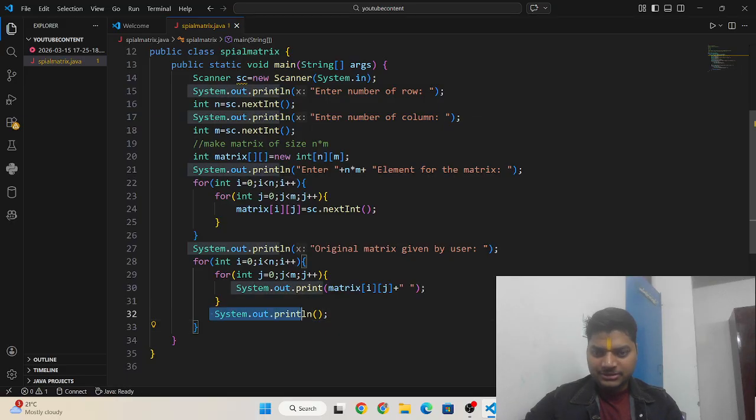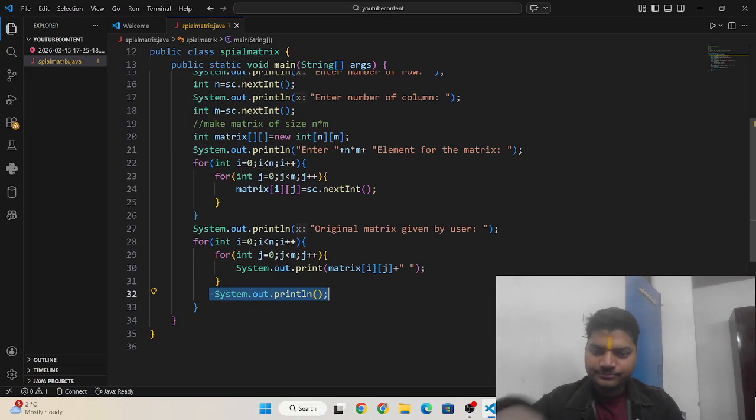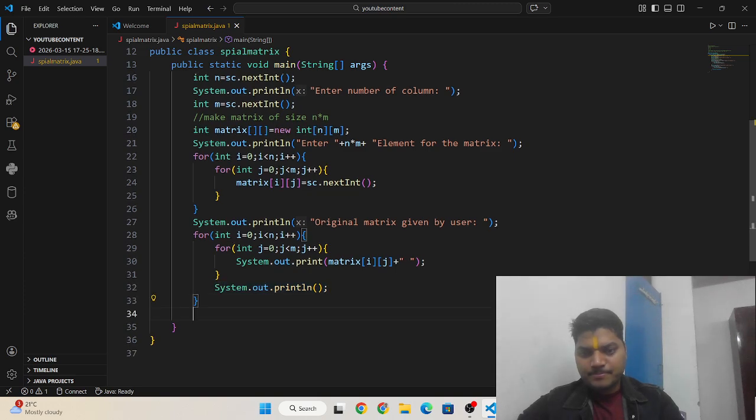I am writing here system.out.println. Okay, and here I am writing the logic for printing the spiral matrix.